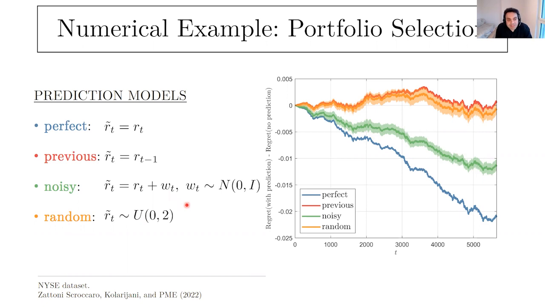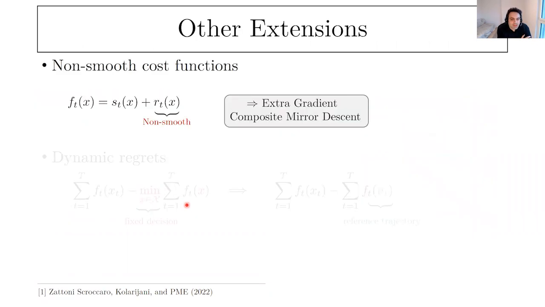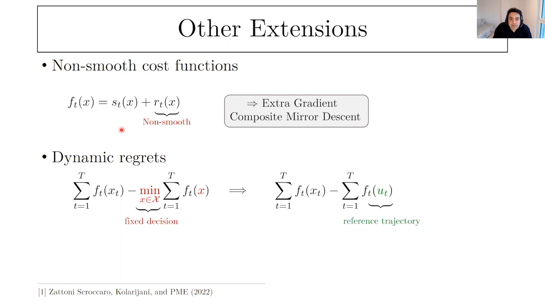Okay, so that's pretty much what I wanted to present. Just two very short points about extensions of the work that you can find in the paper: everything that I told today was about smooth functions. So you can actually go to non-smooth functions by the classical techniques from composite mirror descent. So we augment the algorithm in order to incorporate the non-smooth part as well. And then there are some extensions toward dynamic regret, and that's also a possibility that has been reported in the paper.